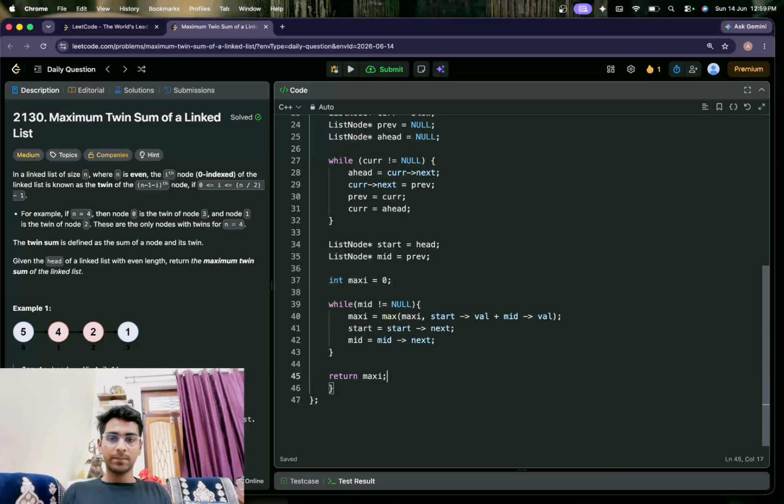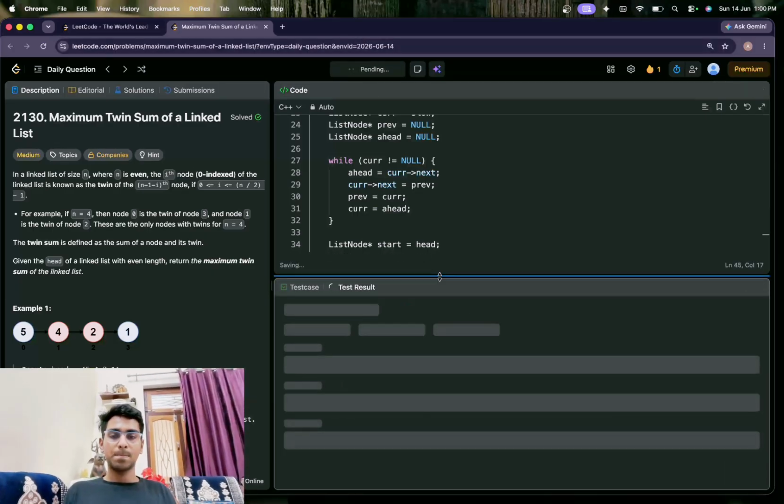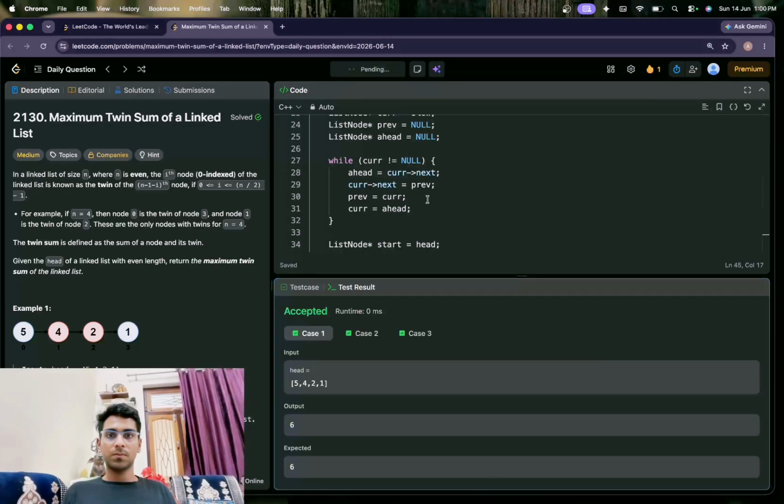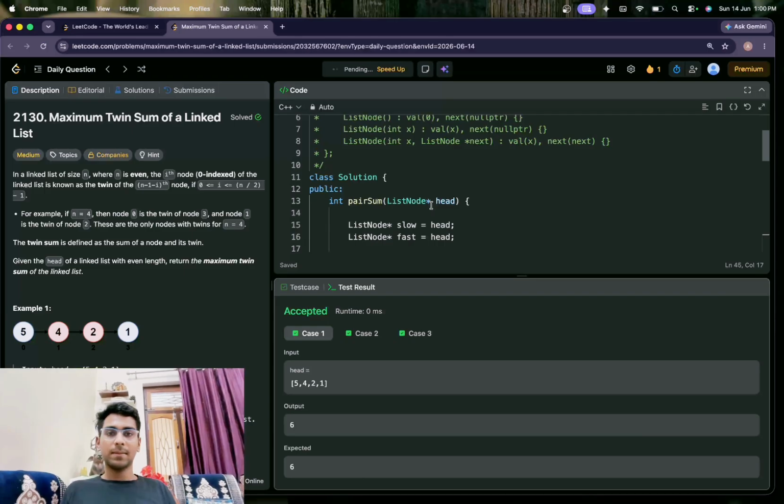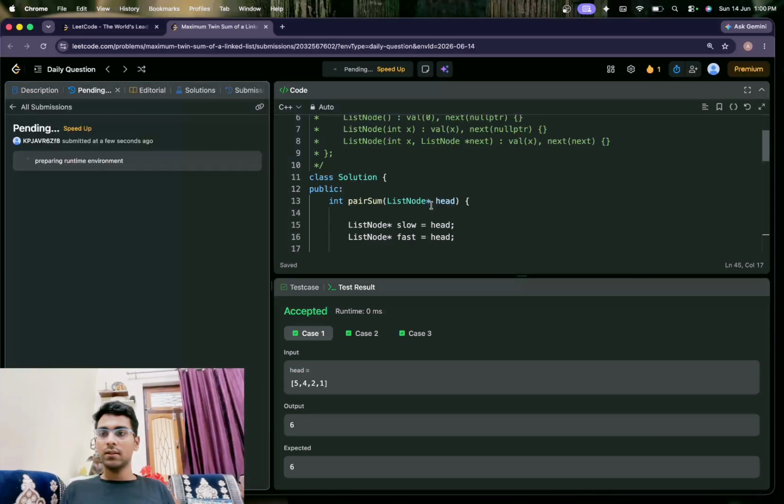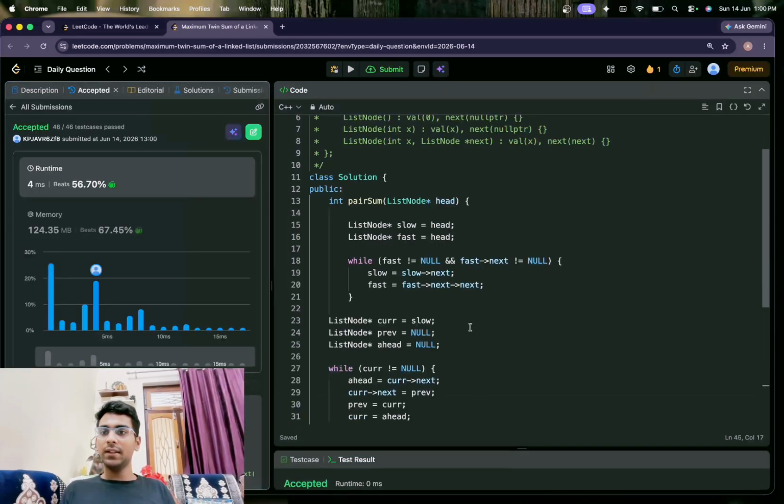Return maxi. Okay, this is accepted, and yes, this perfectly runs.